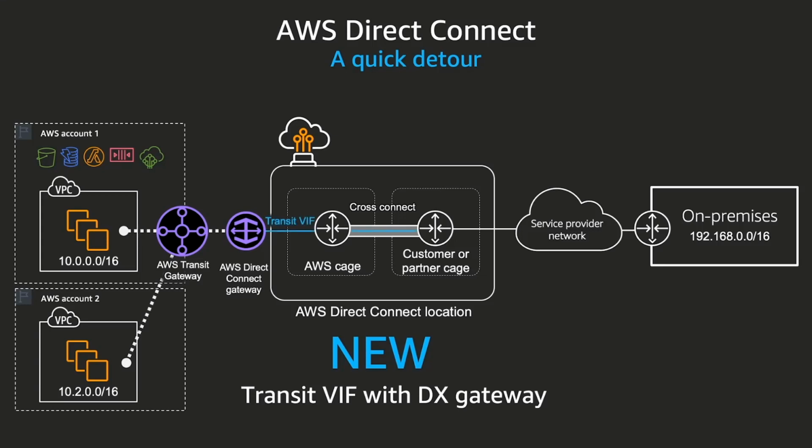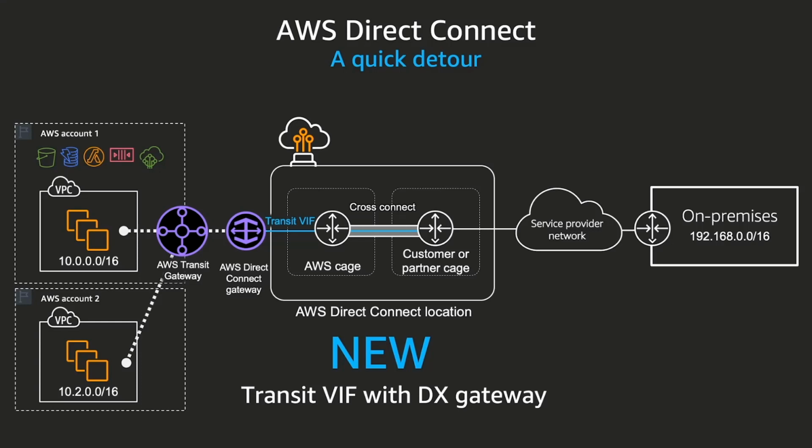So in this case, what we can actually do now, we've released this new type of VIF, and for every physical Direct Connect, you can have an additional VIF. So we could do 50 public or private VIFs before. We can now do 51 VIFs, and one of those virtual interfaces can be a transit virtual interface. And the transit VIF actually attaches to a Direct Connect gateway. And so from the Direct Connect gateway, we can then attach to a transit gateway, which can then attach to